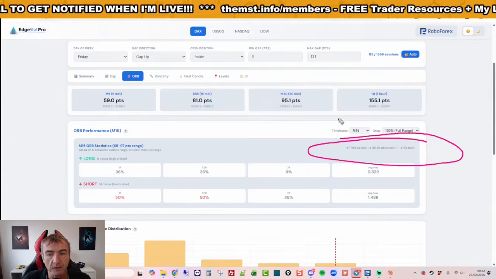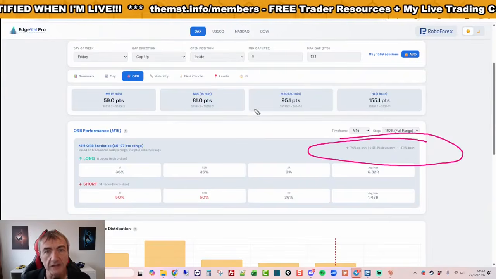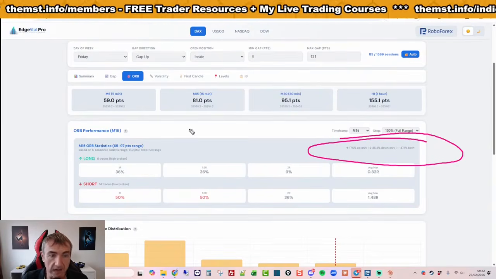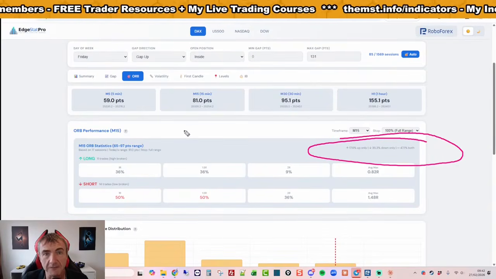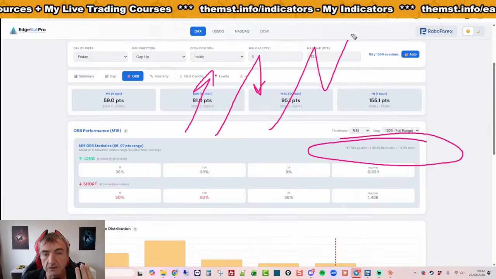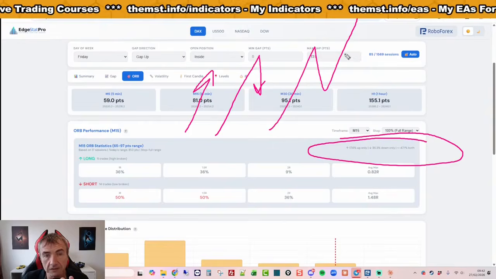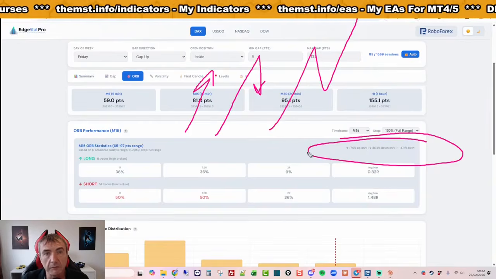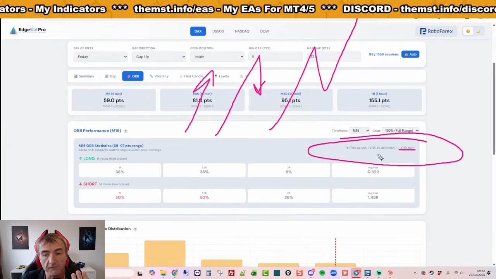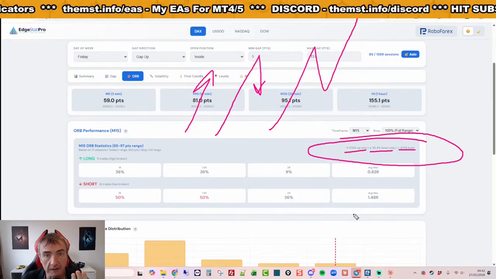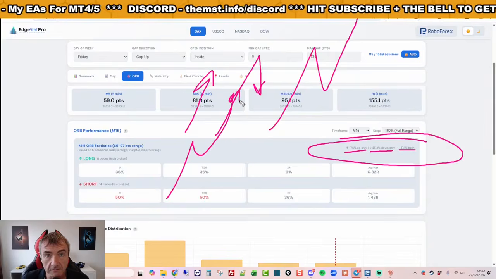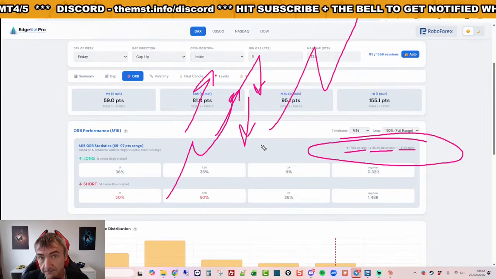He said that the best edge in the opening range breakout is mean reversion. So I questioned him on that because you can't have mean reversion breakout. There's only 3 strategies that exist: breakout, mean reversion, and trend. There is only 3 strategies on the planet. We know that, right? So how can you have a breakout mean reversion strategy? He said, you need to be waiting for these breakouts to happen and then mean reverting them. So don't take the opening range breakout because the edge on the mean reversion is better. Right.